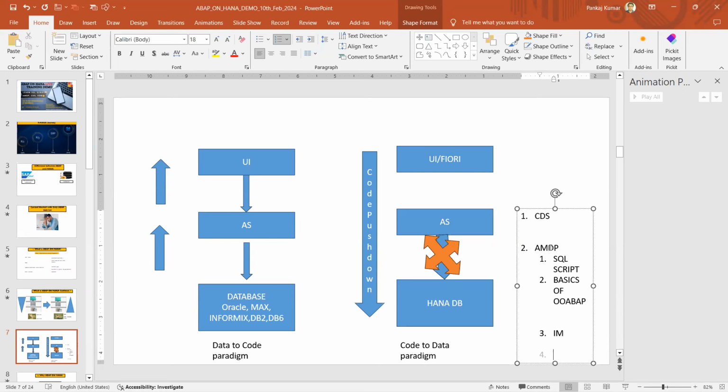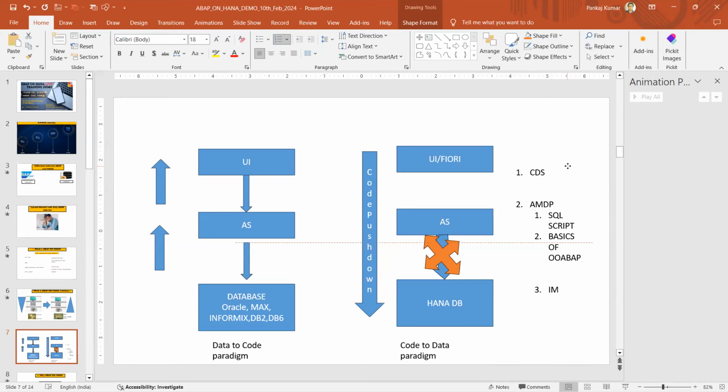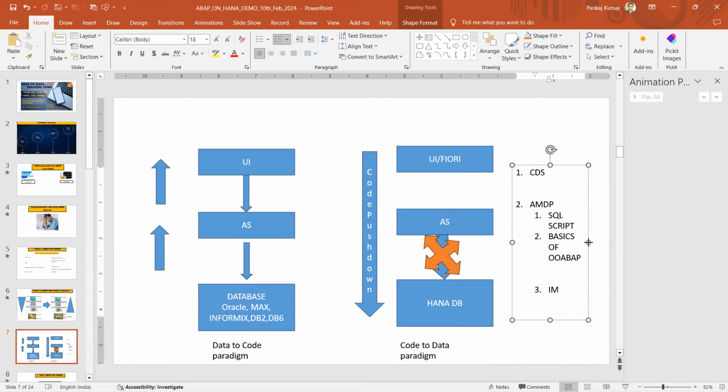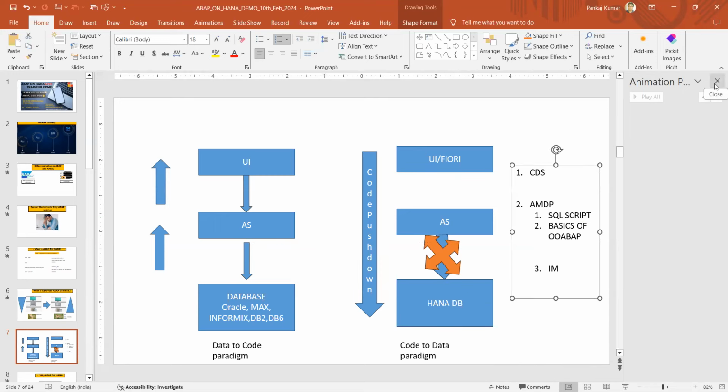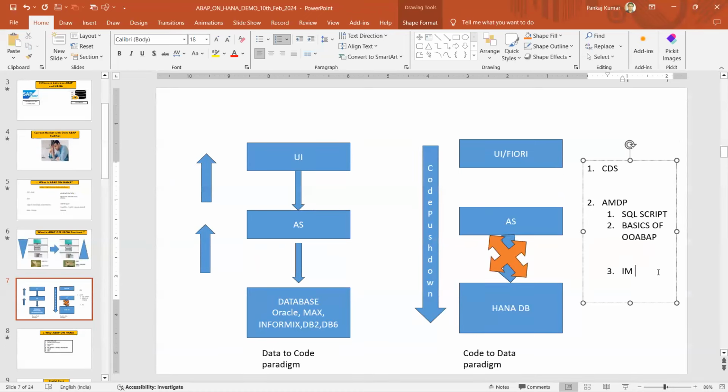But we are not going to use it mostly as ABAPers. This information model calculation view is mostly used for native HANA application development. We as ABAPers use CDS, AMDP, and another very powerful code pushdown technique, which is very easy to learn, that is nothing but